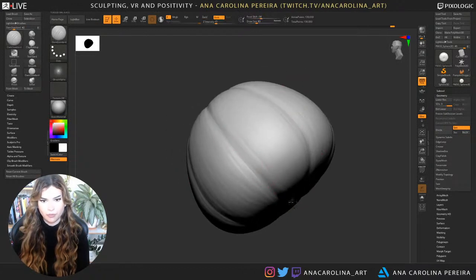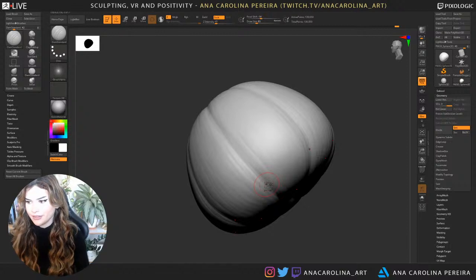Just kind of keep going on my little pumpkin here. All right, so